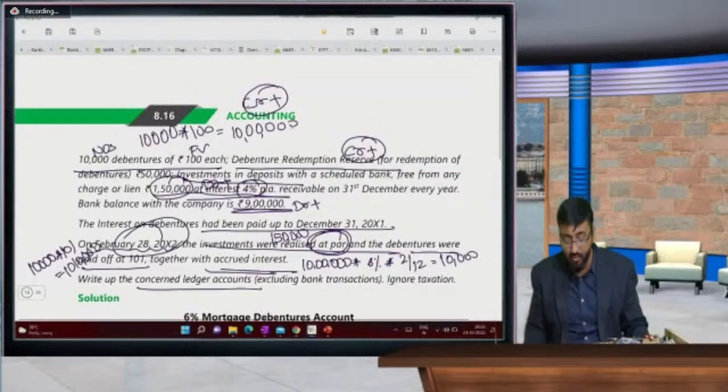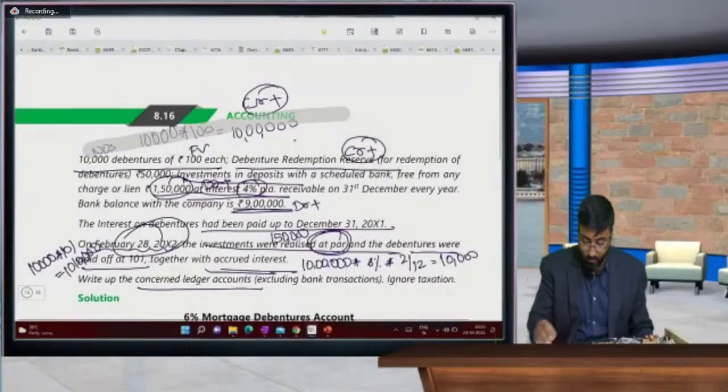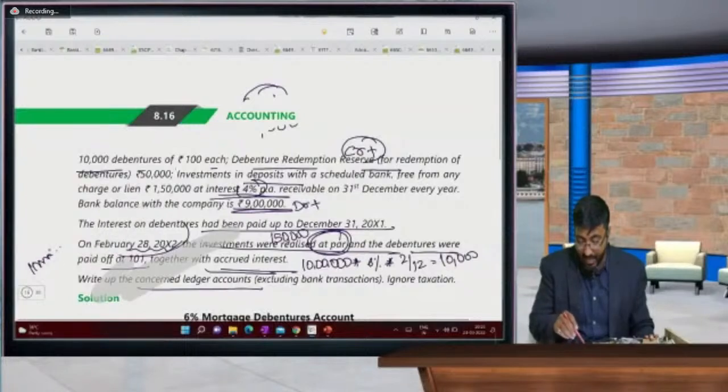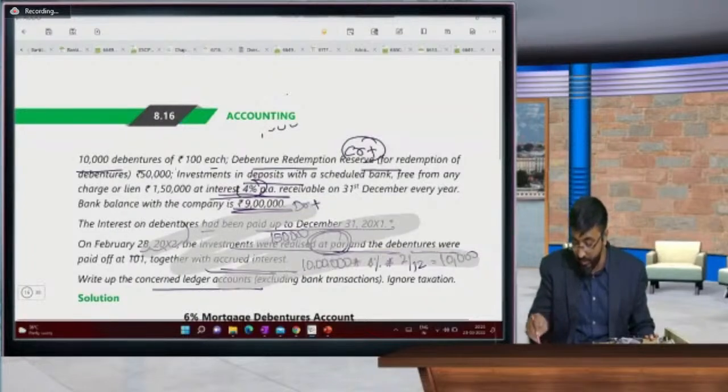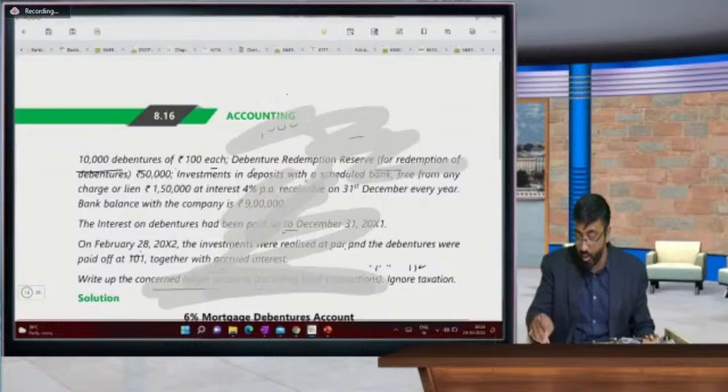Very simple question. See beta, once again I will tell you for all of you. Yes beta, I will tell the index last. Last 5 minutes, beta. Yes, I'm making this question very easy for you. Whenever I take it two times, everyone gets it. Average students are also getting it.